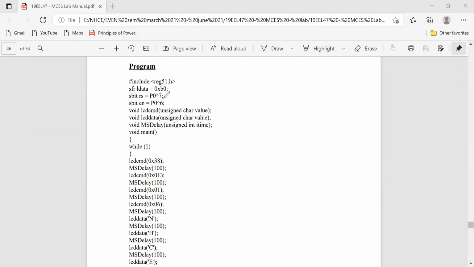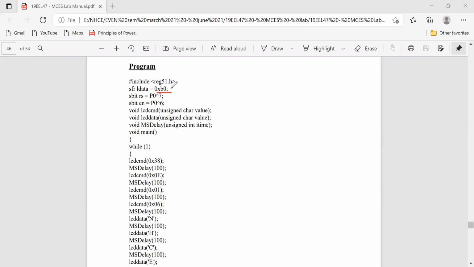What we will do is, first we will assign pins, which pin is connected to which pin. We take 0xB0, which tells you which port it is, port A or port B like that. We have port 0, 1, 2, 3.